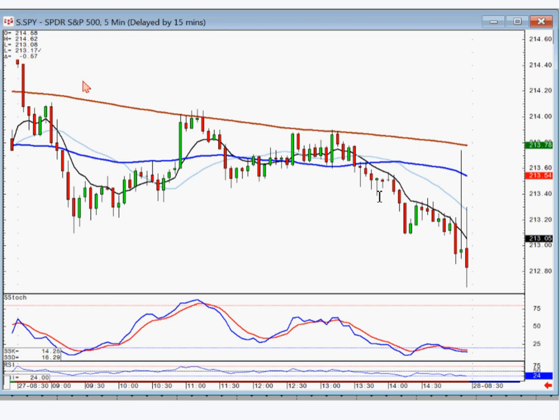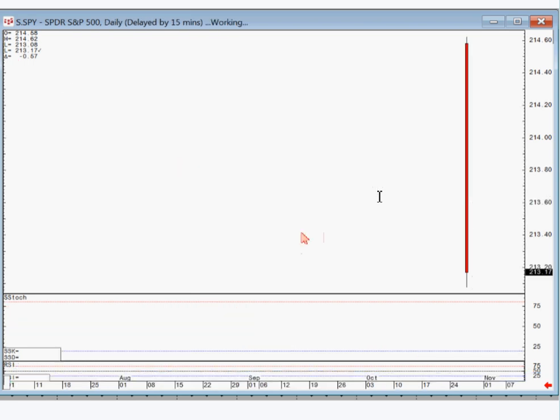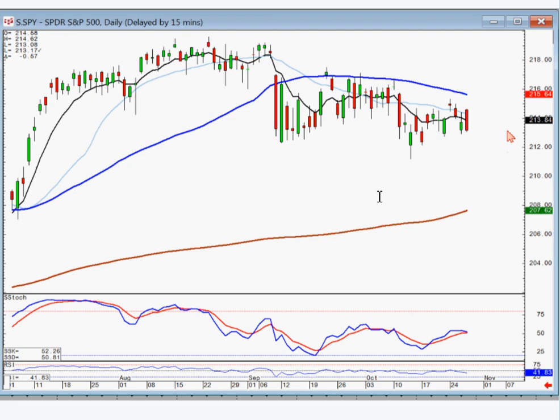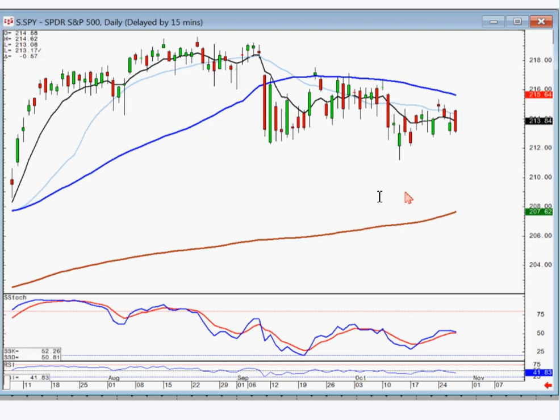Okay, this is the 5-minute on the SPY. This is the daily. As you can see on the daily chart, there's really nothing here to say we want to be long or short. We're just sideways. And that's the same analysis you would give to the